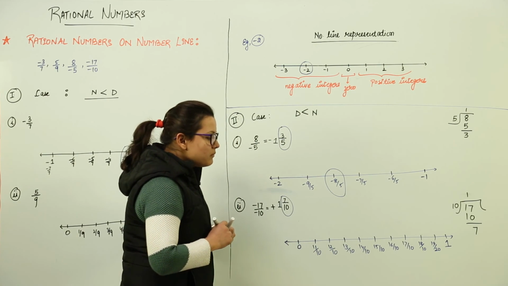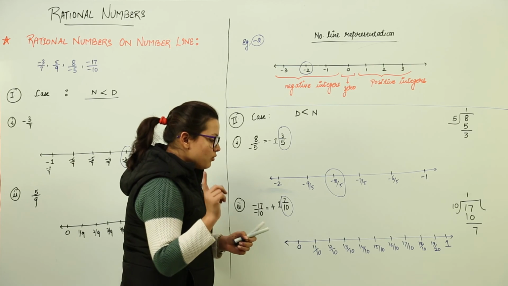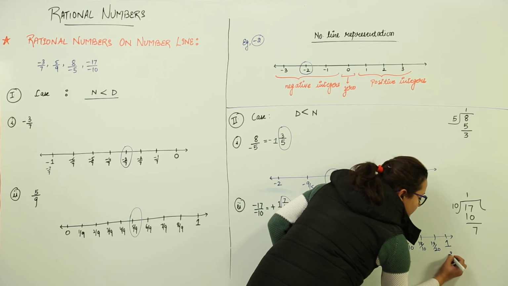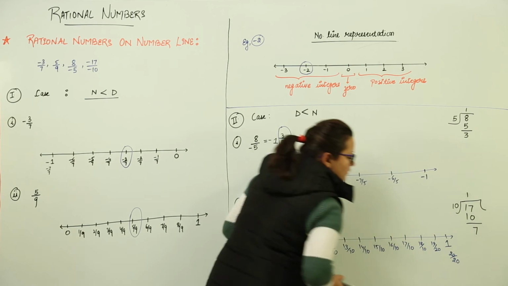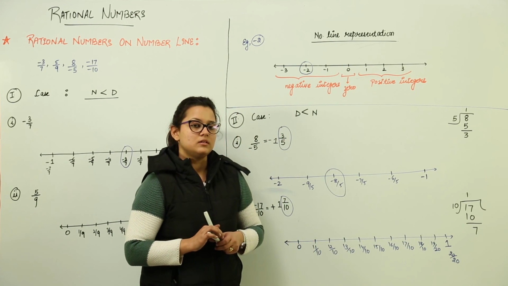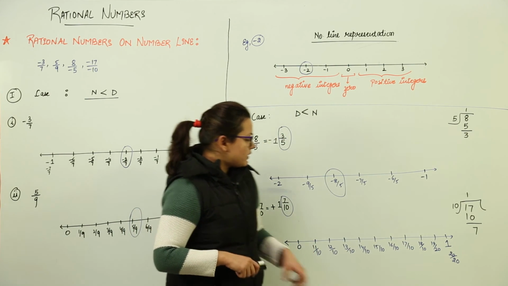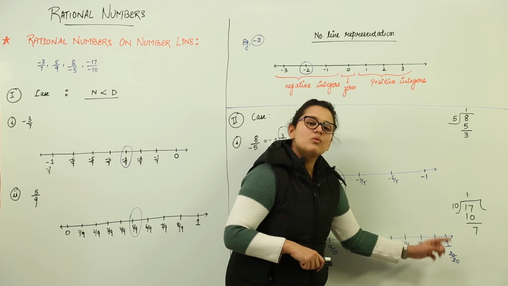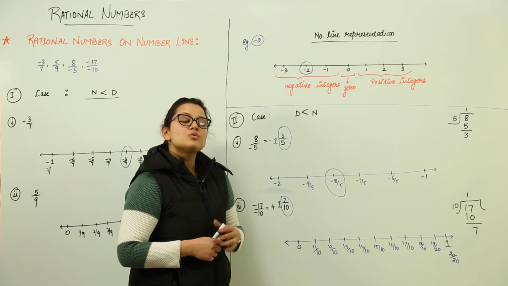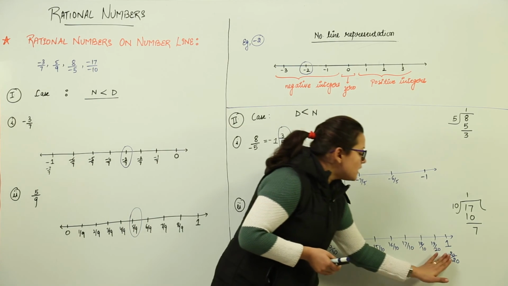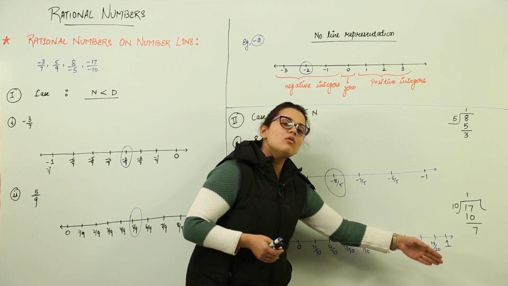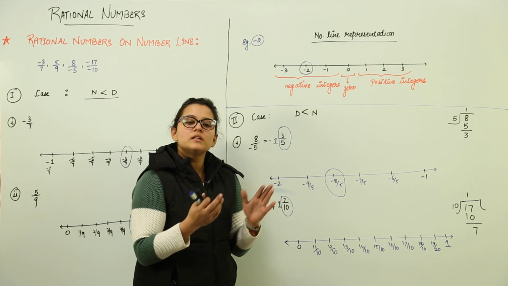See, I have again made a mistake in this. I want you to point it out. My 20 upon 10 would come here. So is this a mistake that I have written 1 here? No. Why? Because 20 upon 20 is 1 only. The values are actually equal. So I have not made any mistake here. It's correct that I have written 1. You can write 20 upon 20 there or 1, it's up to you. But both are the same values.